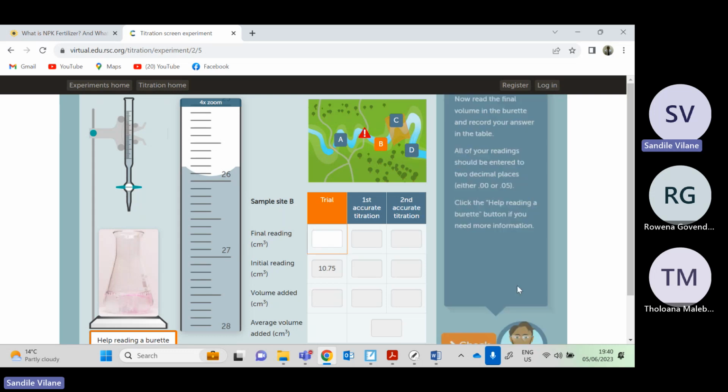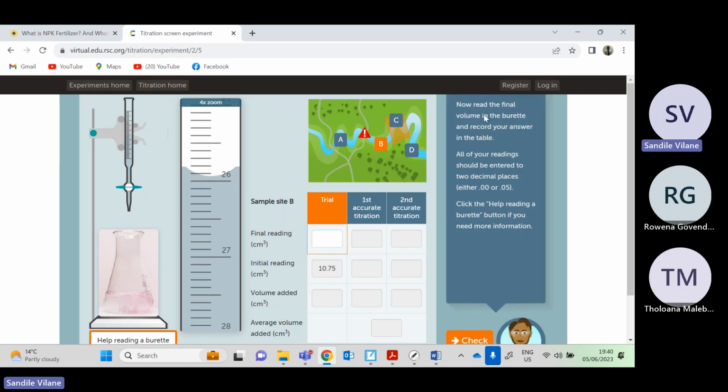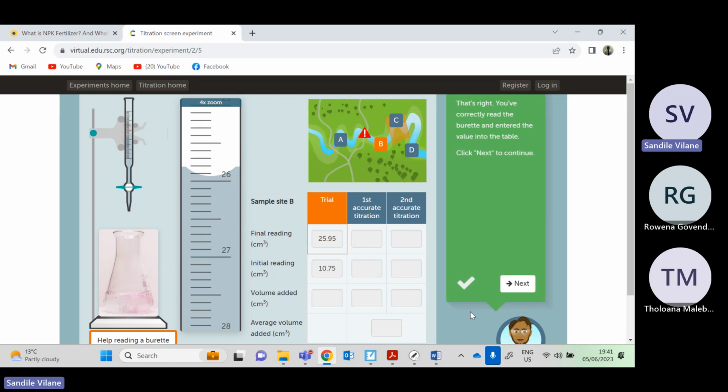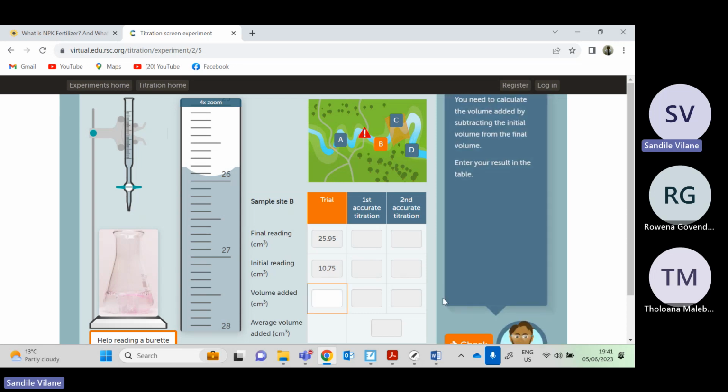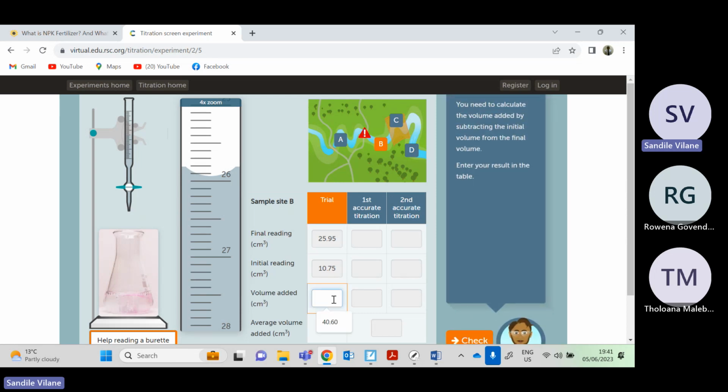And then next, now read the final volume. So our final volume is now what? 25.95. Let us check that. That's correct. So we have to now find the difference between 25.95 and